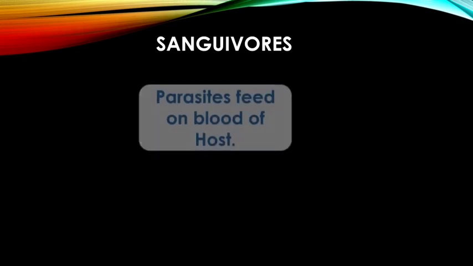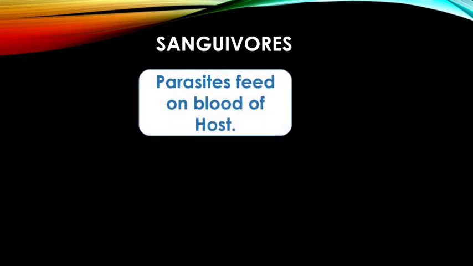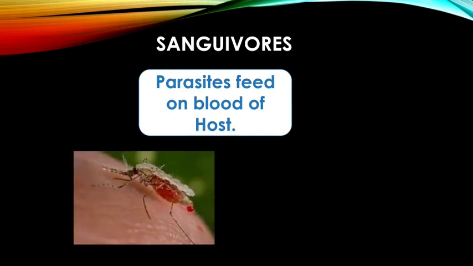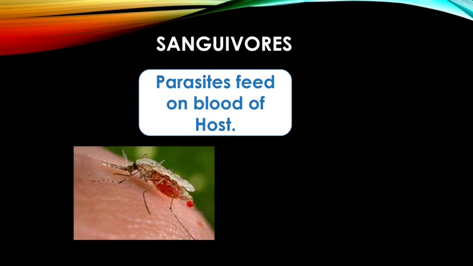Next, we'll discuss one more type of heterotrophism, that is sanguivores. Who are sanguivores? Parasites which feed on the blood of the host are called sanguivorous animals or sanguivores. Example, mosquito. Mosquito is an ectoparasite which feeds on human blood. Only the female mosquitoes feed on the blood. The male mosquitoes always feed upon cell sap, the watery material present in the cells of plants. But the female mosquito feeds on the blood of the human body, so it is a sanguivore.